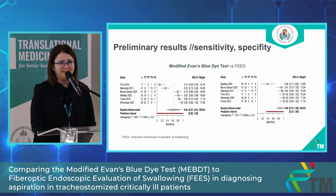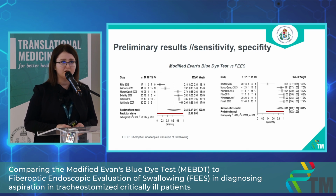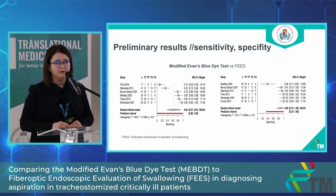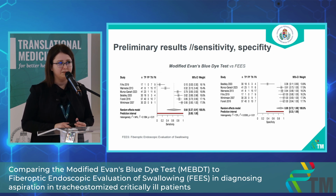You can see there 2 forest plots about our main outcomes, the sensitivity and the specificity of the blue dye test. In the analysis, we involved 6 articles, all of which are observational studies. You can see them on the left side. Let me start with the sensitivity of the blue dye test. Sensitivity means when the blue dye test can correctly identify the patients who are truly positive, so they really have aspiration. You can see the modified Evans blue dye test sensitivity is